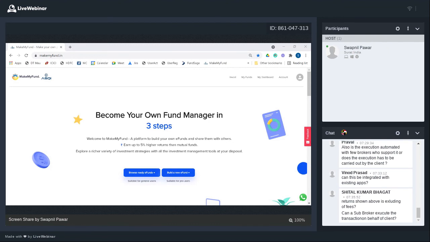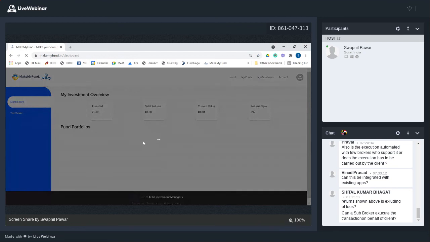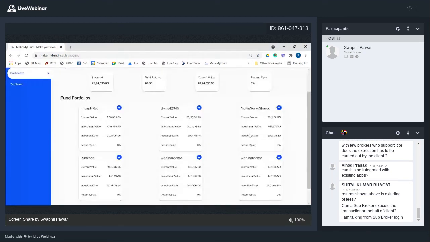Here's a question from Sheetal. Return shown above is excluding of fees. I already talked about. Can a sub-broker execute the transaction on behalf of a client? It's a bit of a gray area because SEBI is not very fond of clients handing over their login password to some third party. So the client has to ideally log in using his or her broking account. What you can do though, this is actually allowed and it's compliant, is a client can see it in the dashboard that I have taken this portfolio, webinar demo,